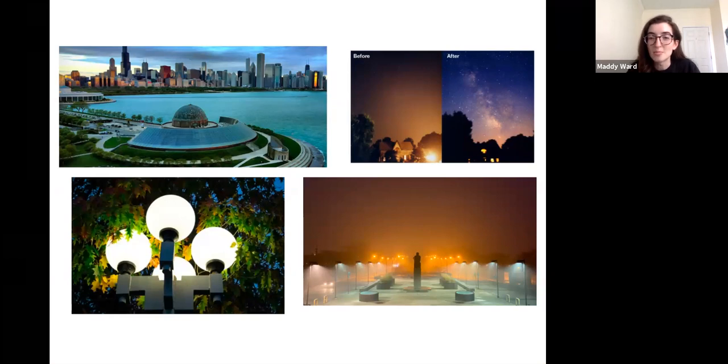And so the team worked with Adler, and they discovered after visiting Adler and speaking to many of the employees there that something they noticed was the lights surrounding Adler Planetarium were kind of dome shaped. So there was a lot of light escaping from the top of the street lamps that they thought they would be able to fix and render in a different way.